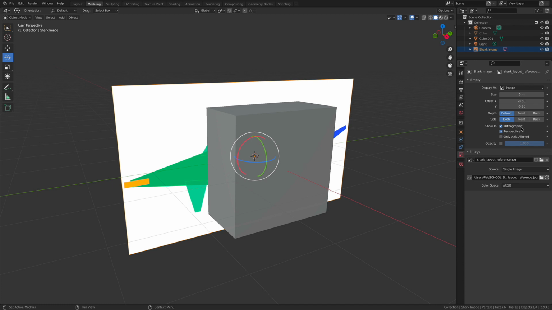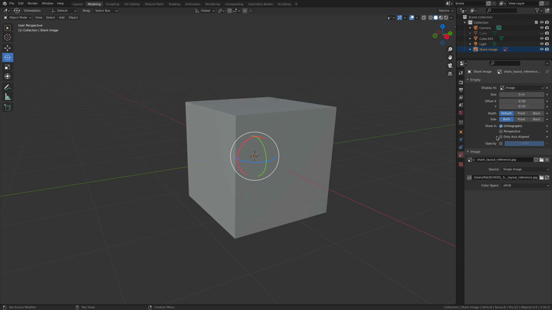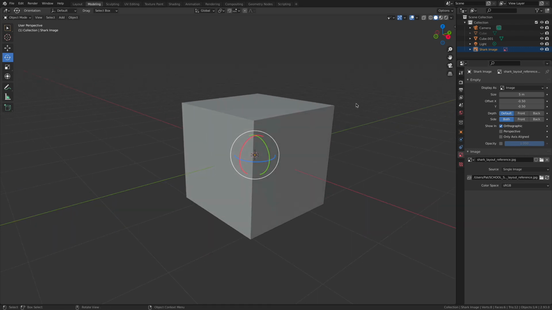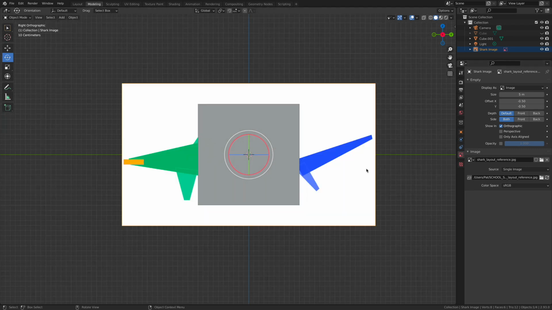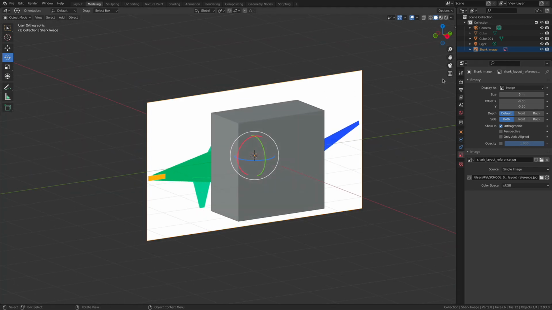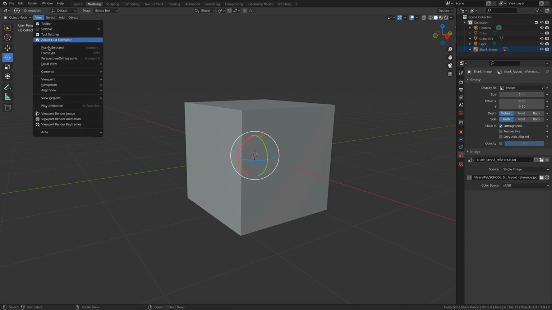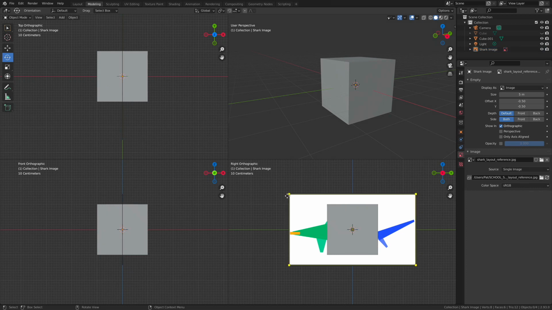Now, check this out. I think this is pretty cool. We can turn off this image when we're looking at our scene through a perspective viewport. So if I was to hit the 3 key on my number pad and remove the perspective, then the image is going to show up, which is pretty cool. In addition, if I was to go into the toggle quad view, now the reference image is only ever going to show up in these viewports down here, and we're not going to see it in this perspective view of my 3D scene. So that's pretty cool.